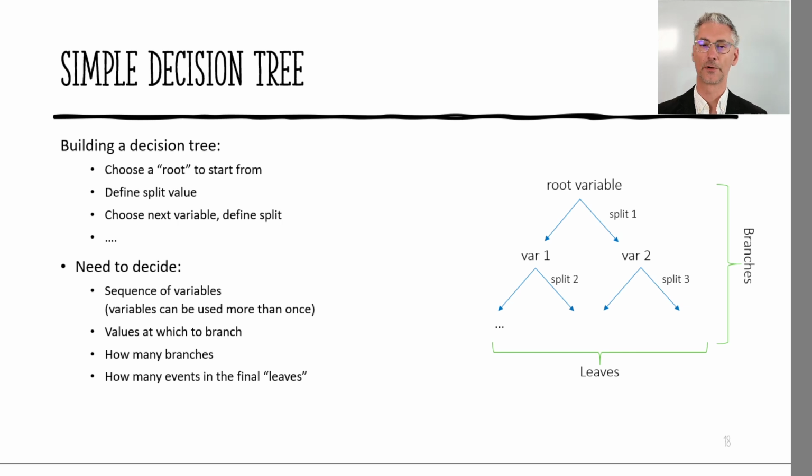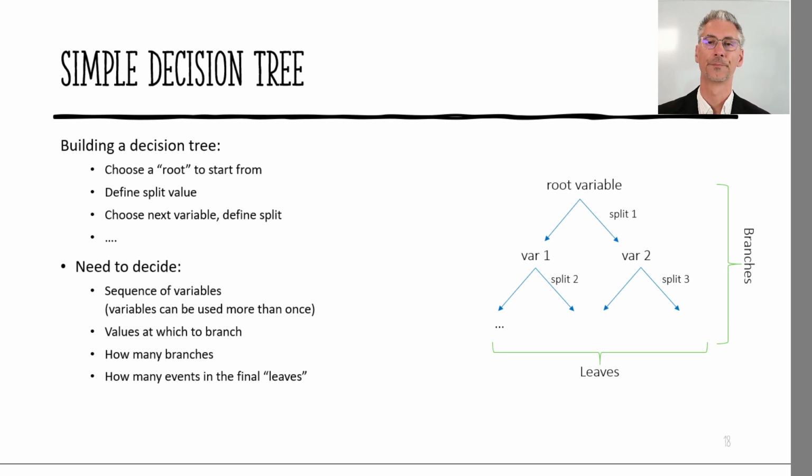So this is all very simple. We build a decision tree by choosing a root variable on the top, then define the split variable, then choose the next variable, define the split, and so on. So we need to define and decide upon the sequence of variables, and of course we can use those variables more than once, the values at which to make a cut or open a new branch, how many branches we want to have maximum,